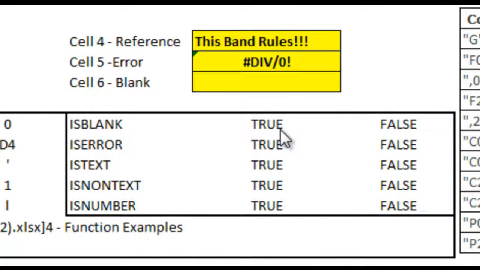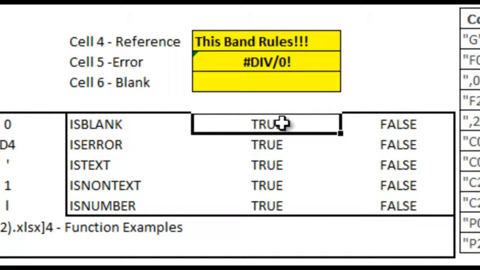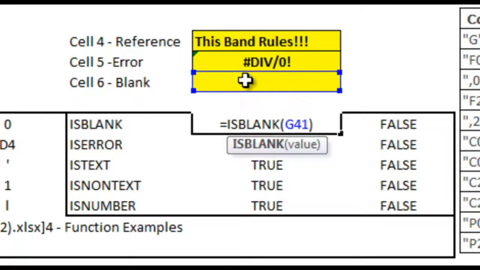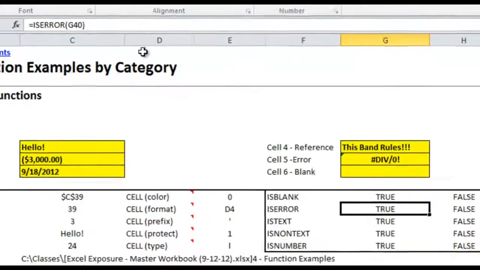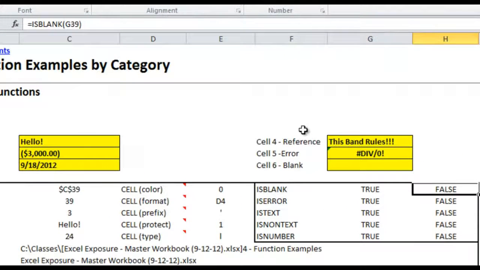cell. First, the is blank function will check any reference to see whether the cell is blank or if it is not blank. So here you see I've already have G41, this blank cell, as what I'm checking in the is blank formula, and you'll see that that comes up with true. Conversely, if I look at G39 in this is blank formula, which has the span rules in it, it'll say false because it is not